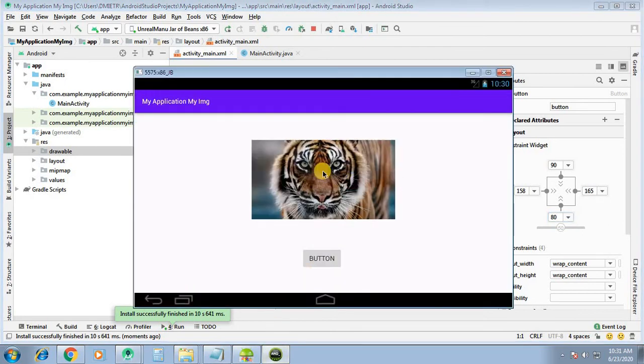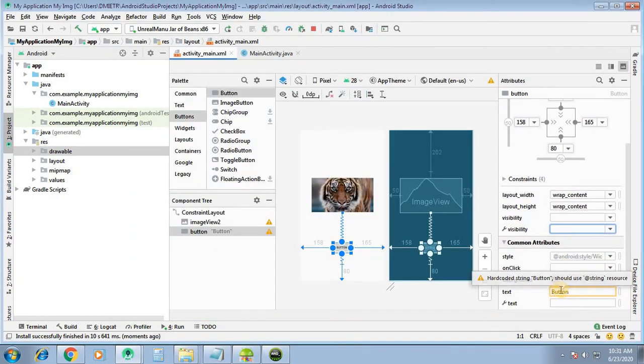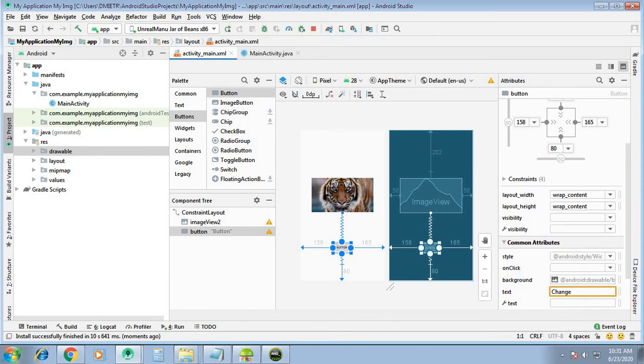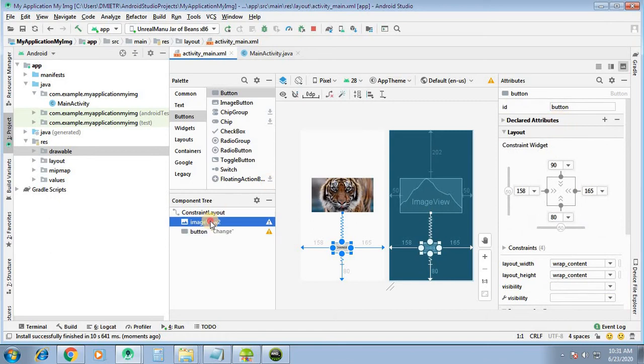Now you can see, this is the tiger image which we have set into the ImageView. When I click on the button, this image should be changed. So I will write the code for this. Here the button text is change. The ID for the button is button, and for the ImageView is imageView2.